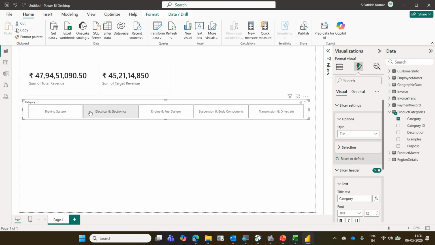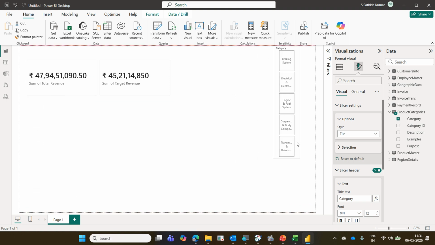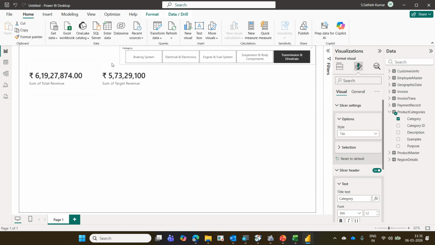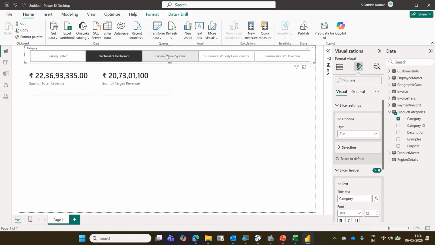Or if we decrease the width and increase the height, it looks like this, tiles. So I can select the braking system, electrical, electronics, engine, fuel, suspension. You can put it like this or increase the width and put it onto the top. Vertically, horizontally.